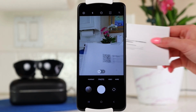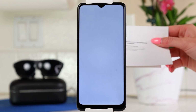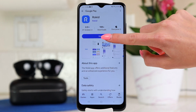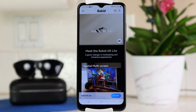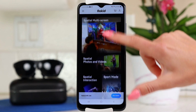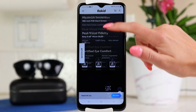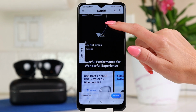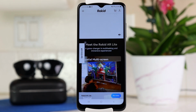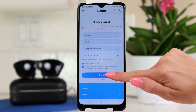Downloading the app was easy. I used a QR code provided, and I went through the menus, which quickly took me to Google Play to download my Rokid app in a matter of seconds. I was in the app, and in that app was all kinds of videos and information, so I could learn more about it. I loved the way it pointed out more features and gave you more in-depth information. I was so impressed with the information on this app, so I could even learn more about my Rokid AR Joy 2 augmented reality glasses. So I signed in, created my account,